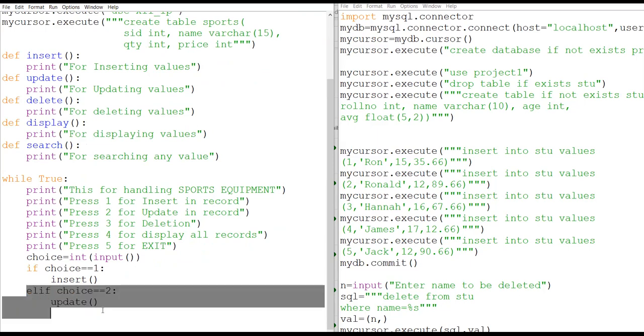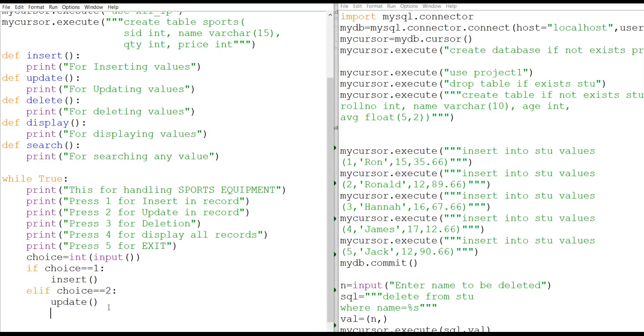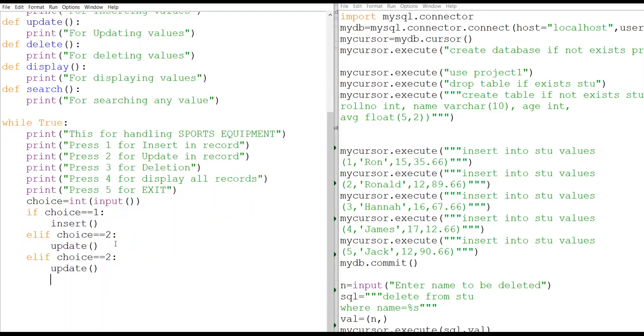Similarly, if choice is 3, you can see for the third choice, we are going to call the delete function. Then for fourth, it is display all.